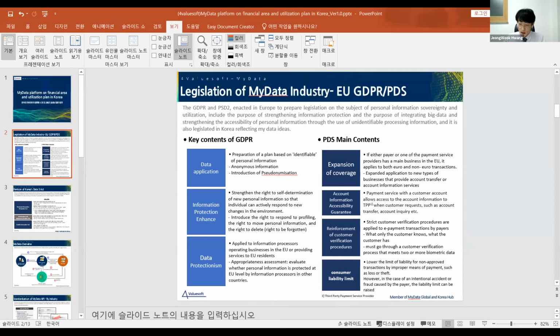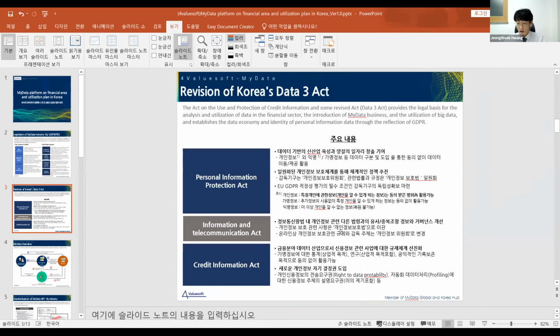In Korea, a government agency called the Financial Services Commission is in charge of Mydata, reflecting GDPR and PDS. We had to revise three laws that have been in existence for a long time related to personal information, to ensure the sovereignty of personal information.